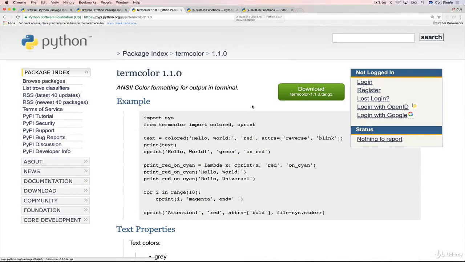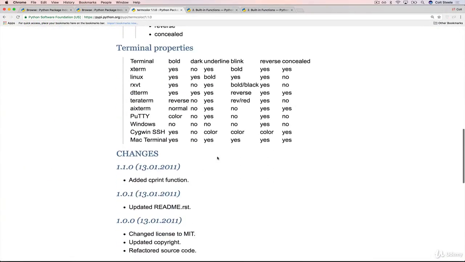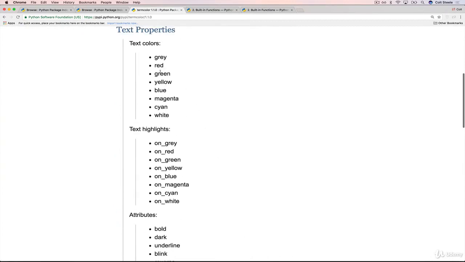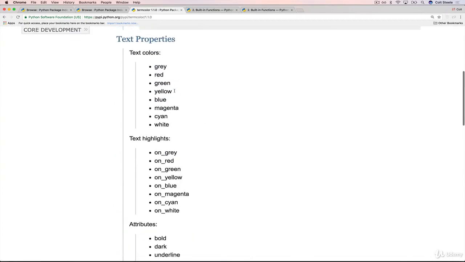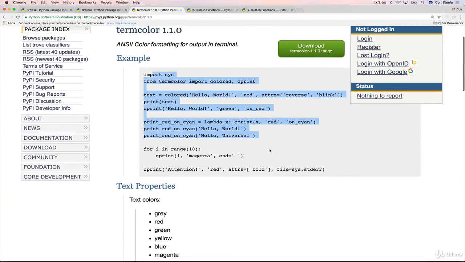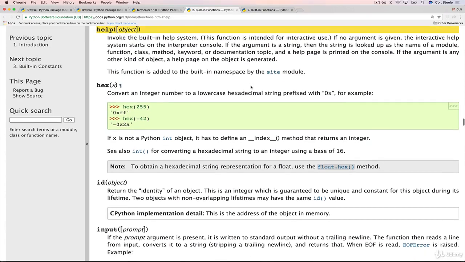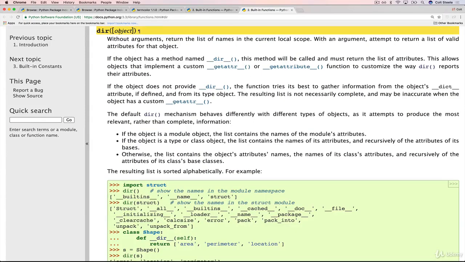Okay. And back in the docs, the documentation's not that amazing on here. It tells us things like the colors that we can use. Unfortunately, no purple. It shows some examples, but there are two built-in functions that we can use to help us out. And the first one is called dir, D-I-R, and what it will do is tell us the list of names that a certain package or module comes with, or any object.